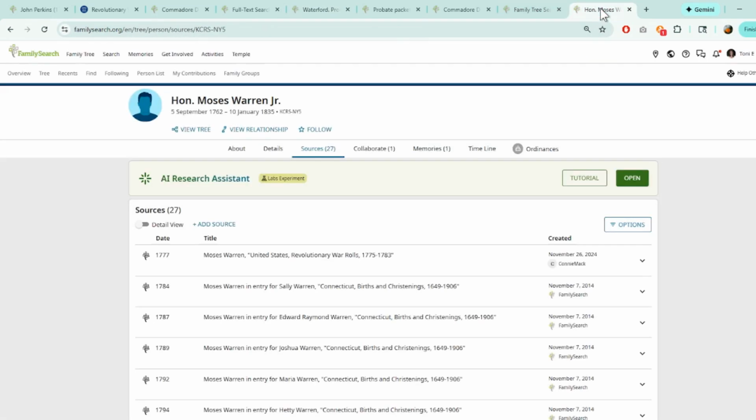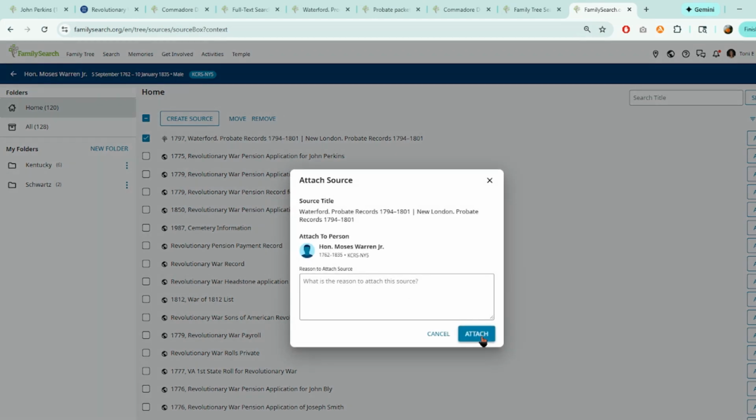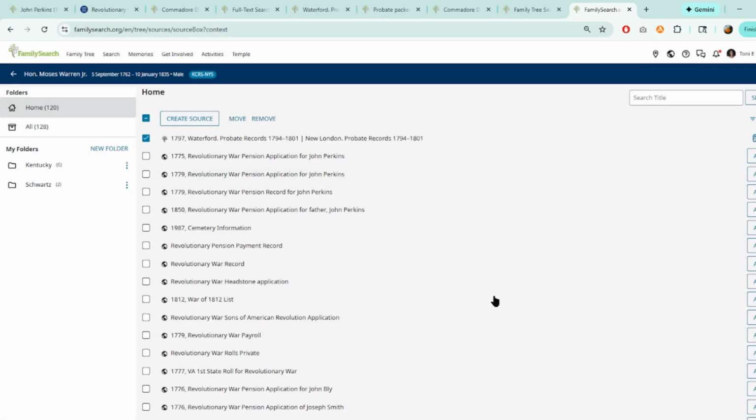So I did find Moses Warren that was in that record. This is him. And so if I want to attach that record, I go to sources and I can say add source, attach from my source box. And it's this one, this New London probate record right here. So I click on that right there and I say attach right there. And I attach. Now one of the reasons I really wanted to attach that to this Moses, let me go